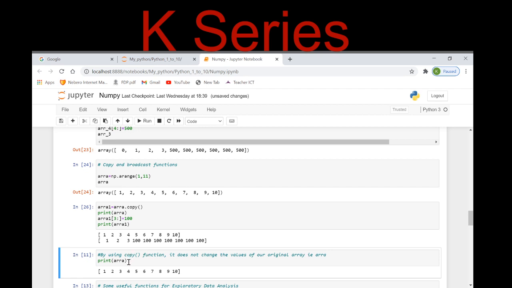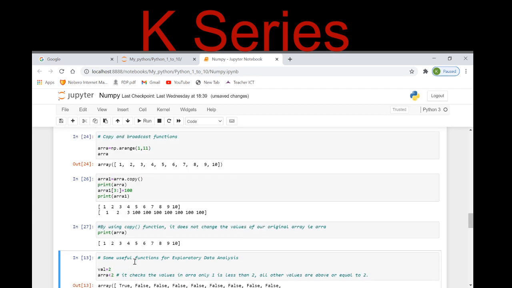And now if I print the actual array, which was array, it will show me its intact values, that was 1 to 10. So this is the difference, that the copy function will copy that array, but it will not change the actual values in the previously copied array, right?